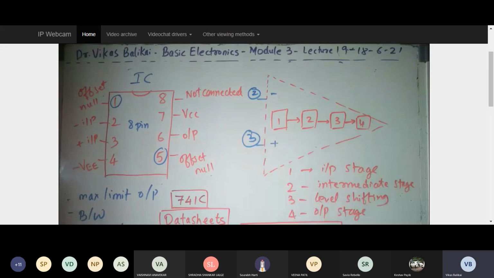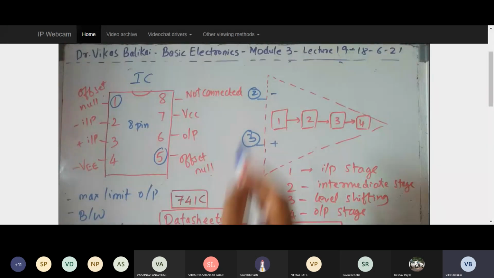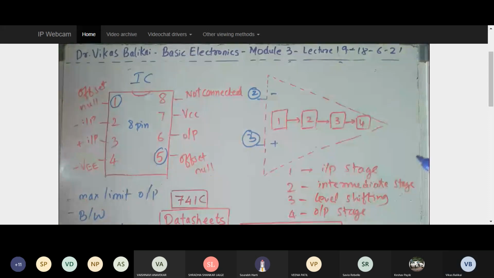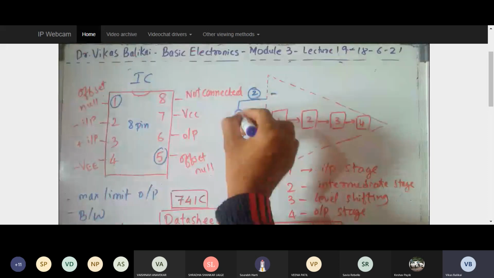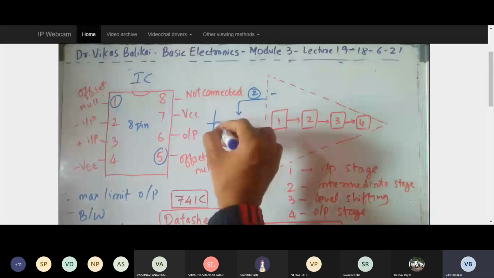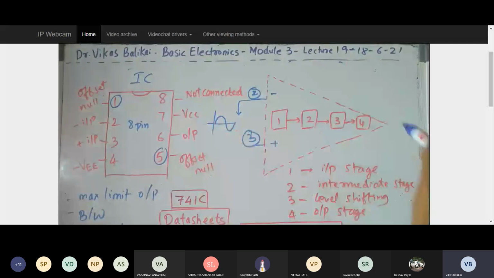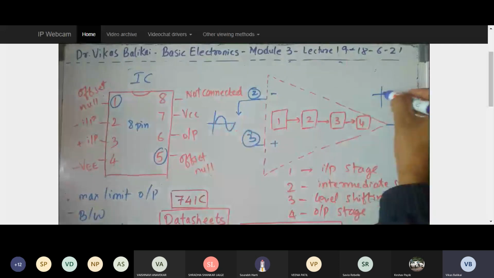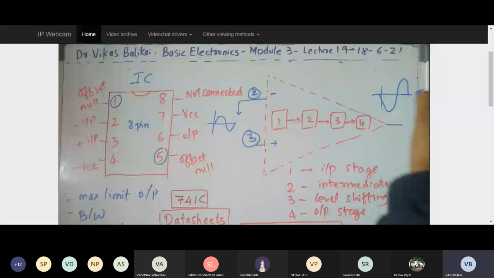So basically, I could give the input as a negative and I can give the input as a positive, so I call them the inverting input and non-inverting input. If I give the input only to this negative terminal, my output will be an inverted output, exactly 180 degrees out of phase with the input. For example, if I give a pure sinusoidal waveform to this particular terminal, at the output side my output will be exactly opposite to that of the input, with a little bit of amplification. That is the meaning of inverting terminal.